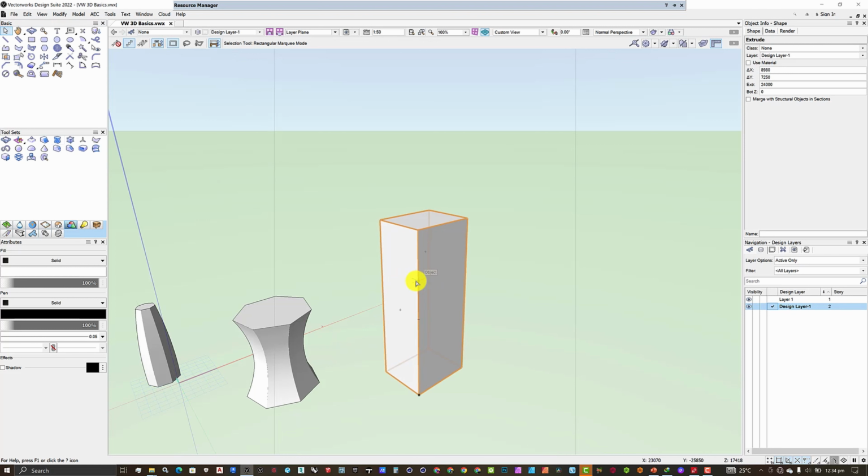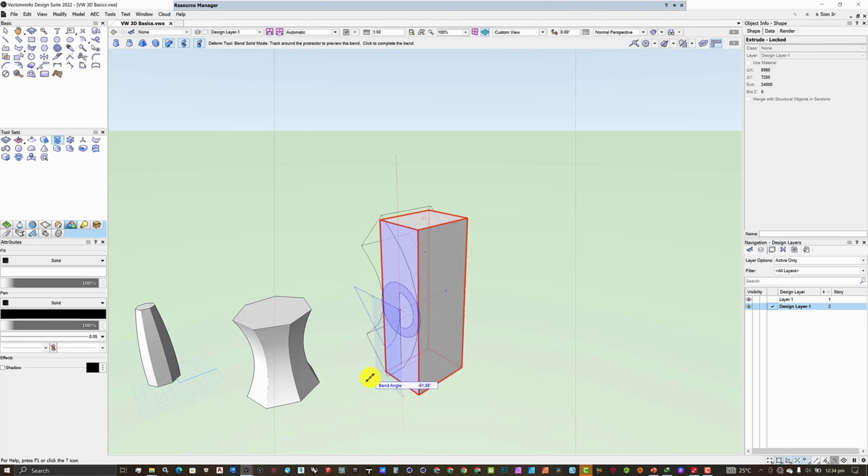Basically, to use the bend tool, you just follow the same procedure. You come to the Deform tool and select the bend solid mode. It works in the same format as the other tools. Once you click here, you click on the points or the axis from which you want the bend to occur. Click and you move downwards. Then you can see in the preview